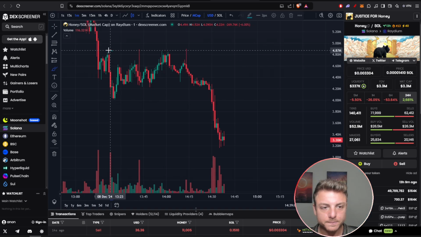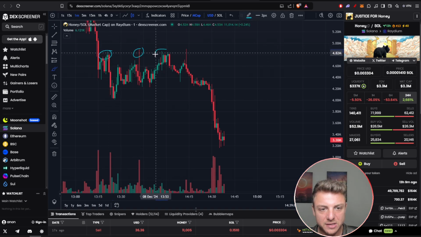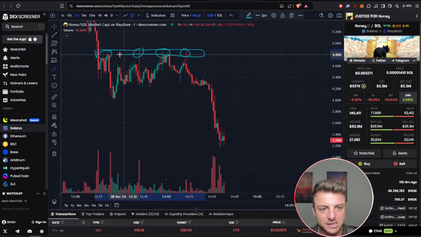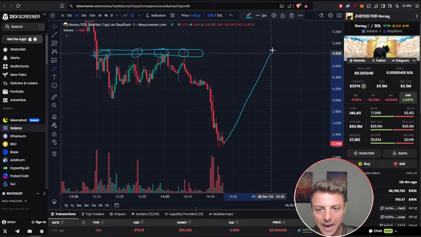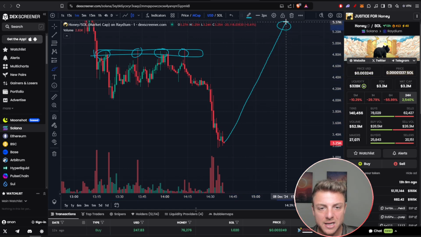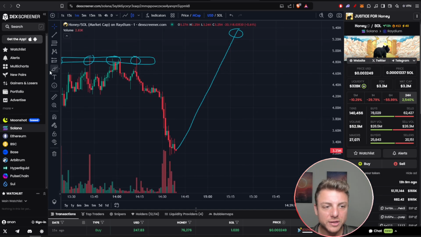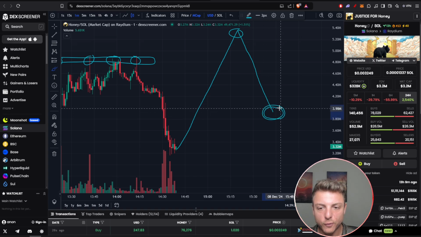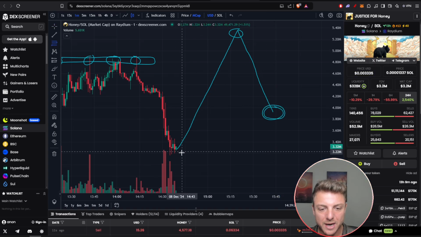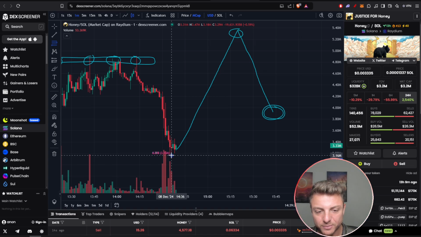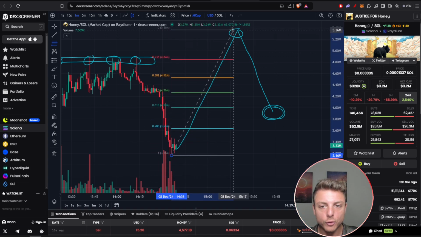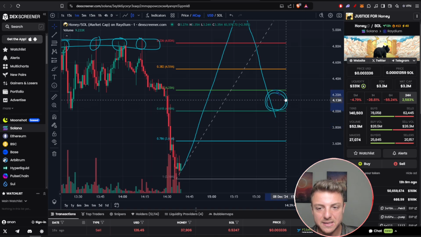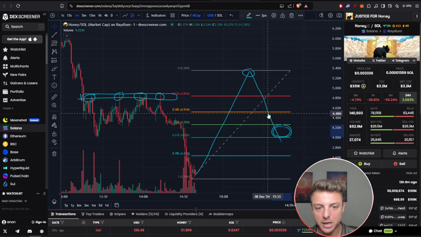What we'd initially want is a break right above this level. Initially resistance. This is going to act as an initial resistance till we get that strong breakout. So we'd need a breakout above this level, and what I would then look for is that retracement, and that's the entry that I'd be looking for right in here. I'd even do a Fibonacci retracement from where the actual bottom does set in, then wait for that overall top to come in, and then you can look for that entry between this 0.6 to 0.5 Fibonacci retracement